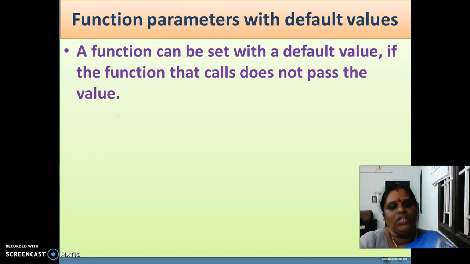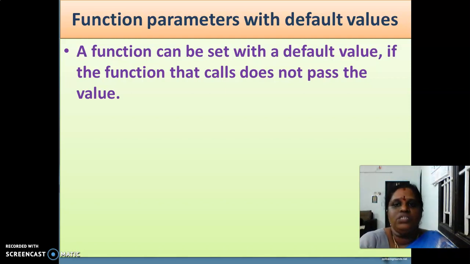The next one is about function parameters with default values. What is meant by a function parameter with default values? A function can be set with a default value if the function that calls it does not pass the value. In the last program we passed the length and breadth values in the main program. If the values are not passed, what will the function do? By default we can have a default value.